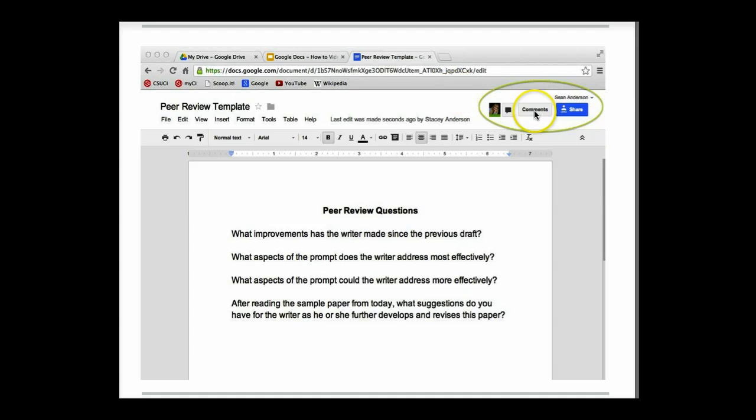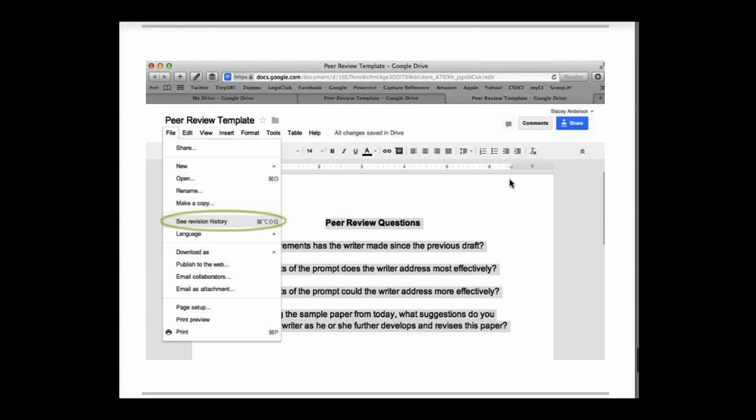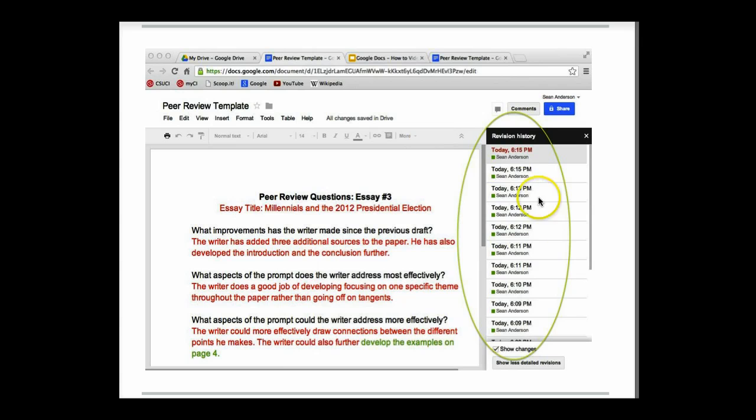And then you can see the different users that are accessing a document in this corner. If the user is not logged into Google, then he or she will show up as anonymous, but they will still show up. And then if you want to look at the different versions of a document, you can go to File and select See Revision History, at which point you will get a listing of all the different iterations of that draft that you were looking at. You can revert to a previous version if you wish,